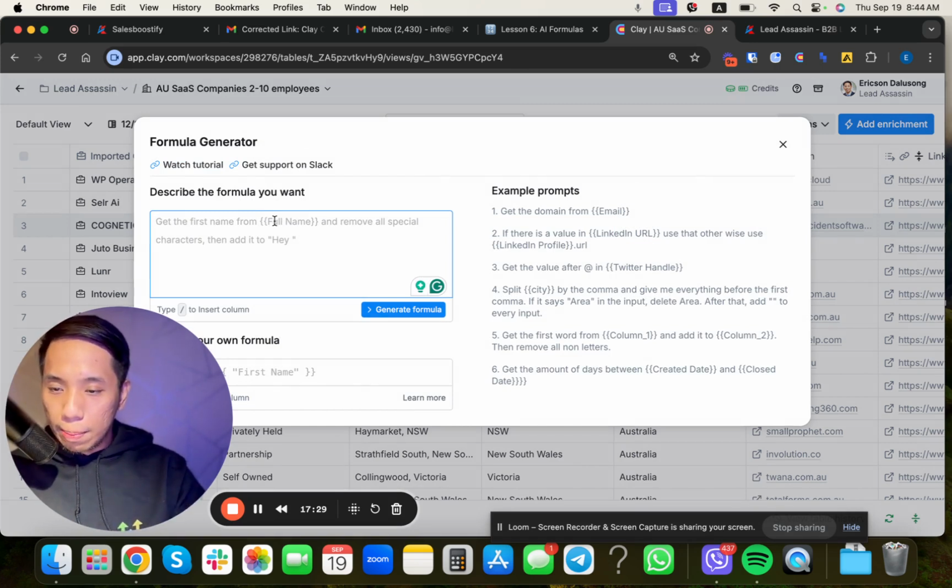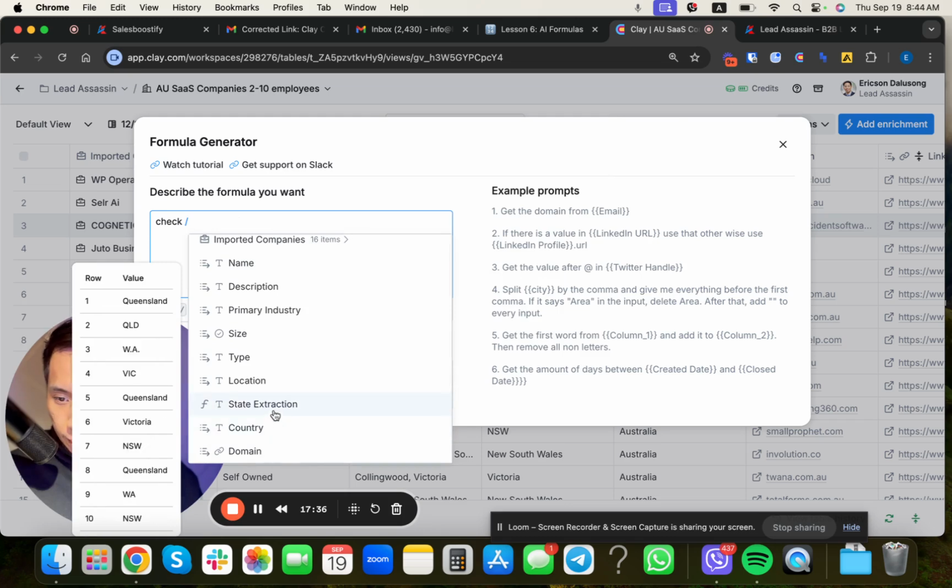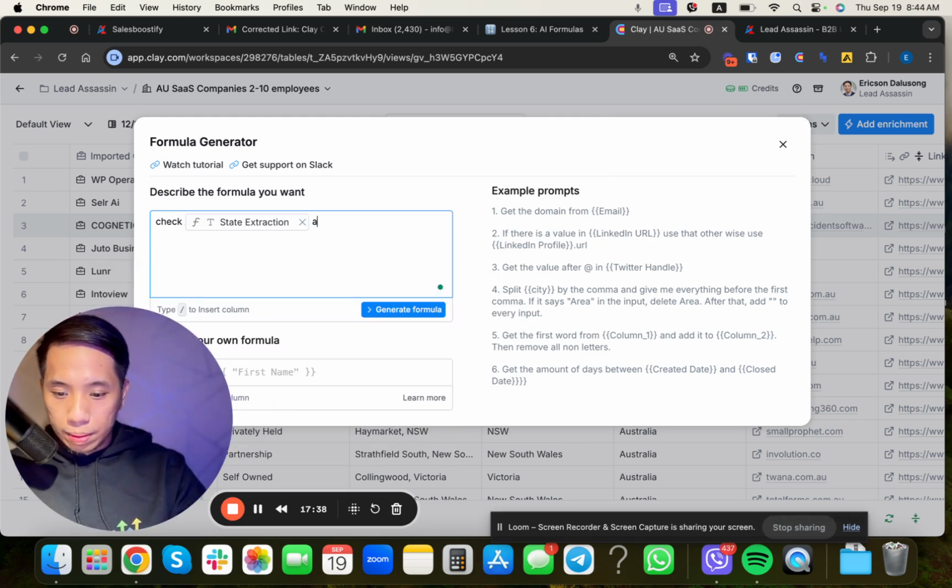So again, you just have to describe the formula that you want. So check if contains Queensland or QLD, return true or false.